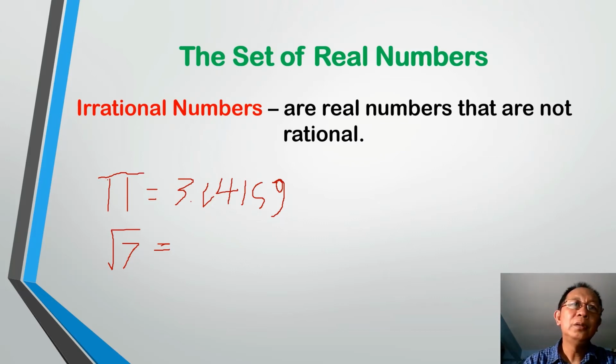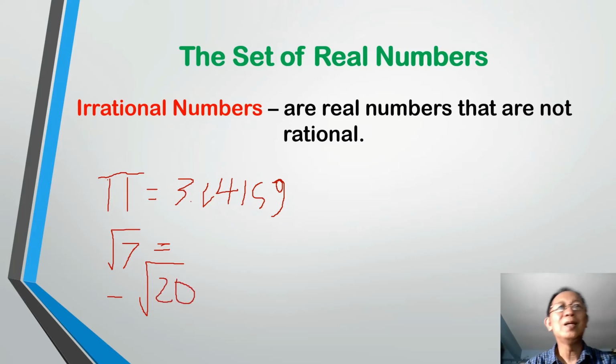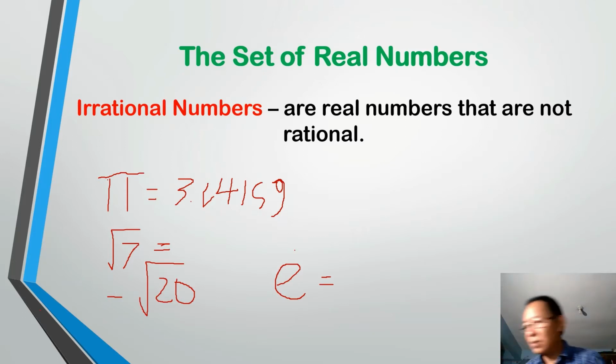Or square root of 20. Negative square root of 20 is an irrational number. Or e. We have that on the calculator. E. The value of e is